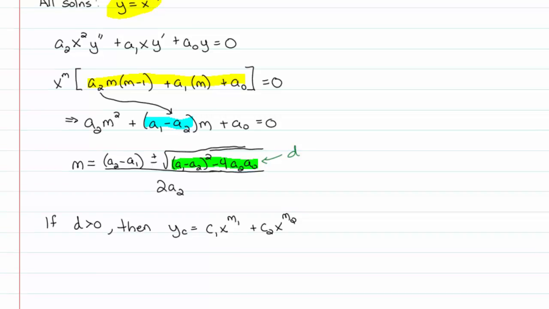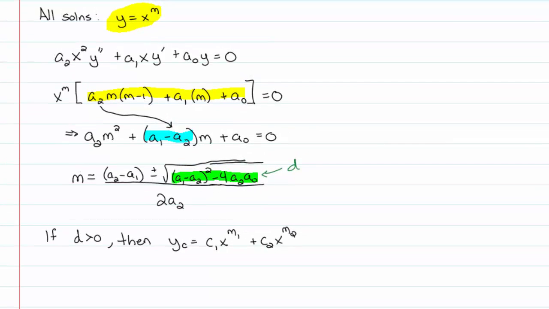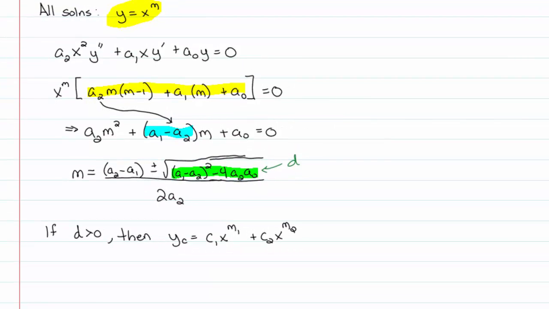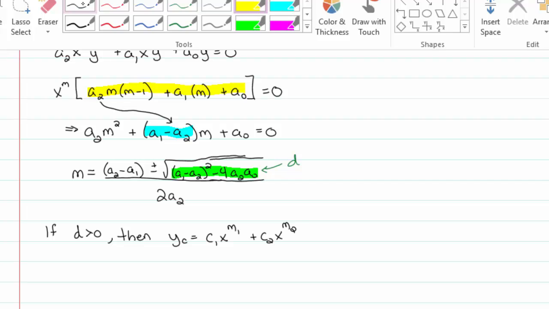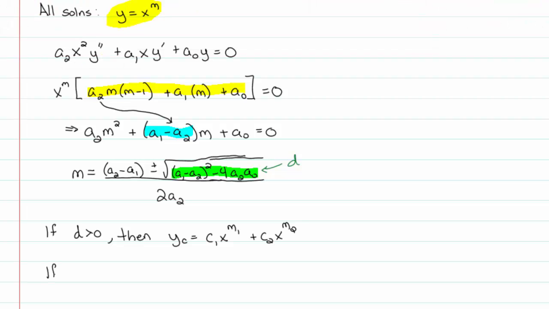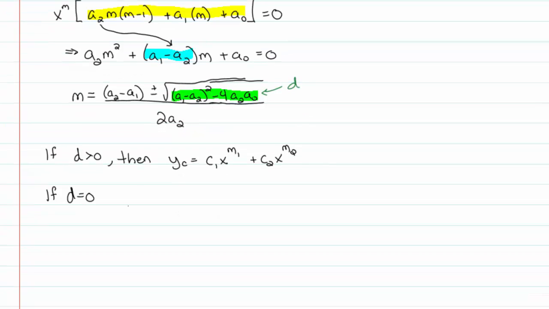Now, if on the other hand, and this is where we left off, that discriminant is 0, then we only have the a sub 2 minus a sub 1. Let me go ahead and write that. So if the discriminant was equal to 0, well, then we know the solution to the characteristic equation is